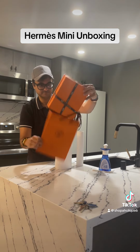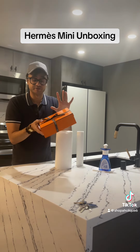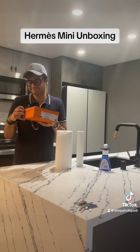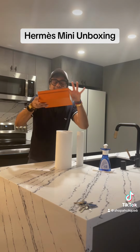Get out. I tried really hard to say no. I really did, but I couldn't. I already have this, but not in this color. I mean, I have a bag in this color, but I don't have this bag in this color. So,